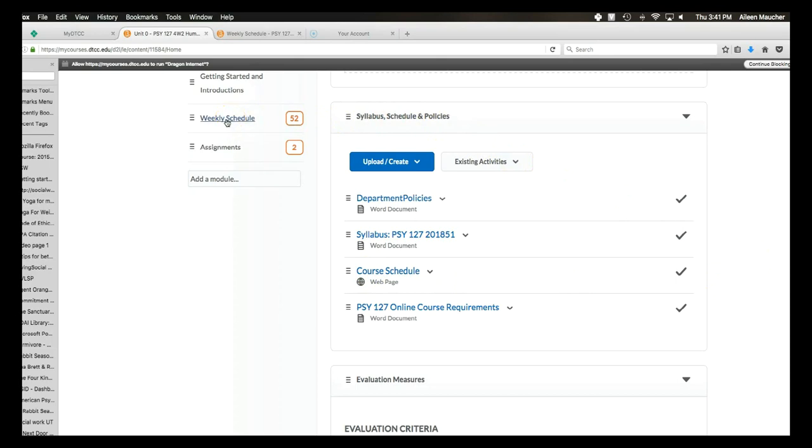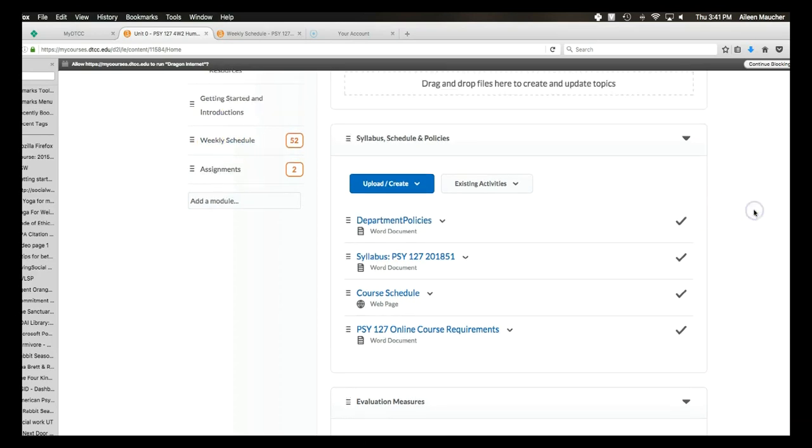The weekly schedule is where you'll find all of the dates: when the discussion board assignments are due, when your exams are due, when your research paper is due, and when your presentation is due.